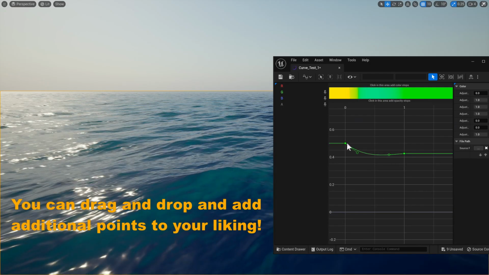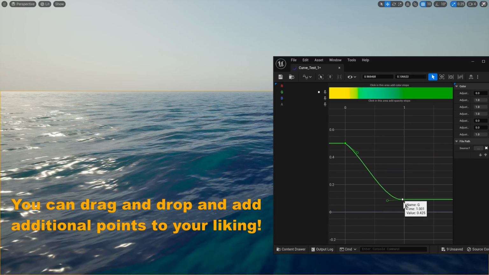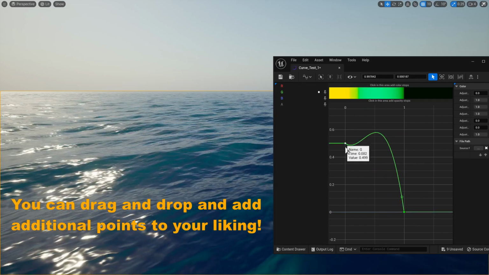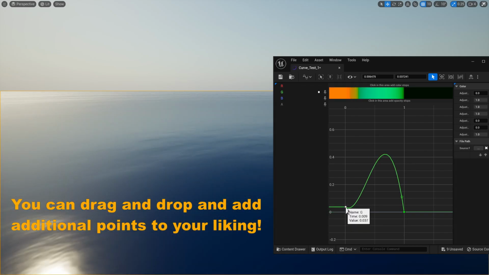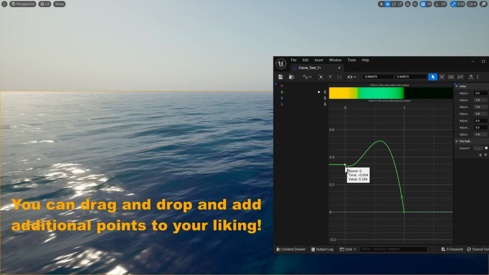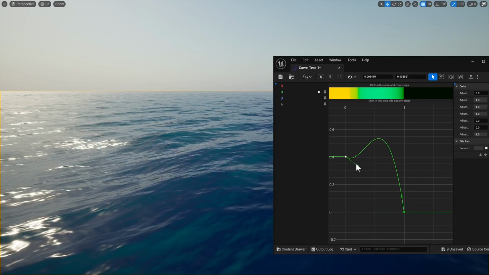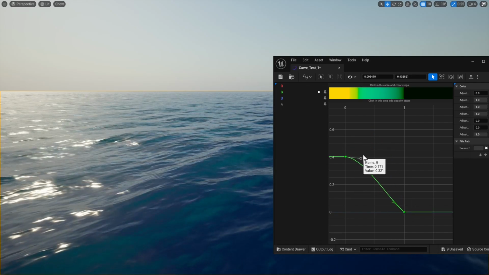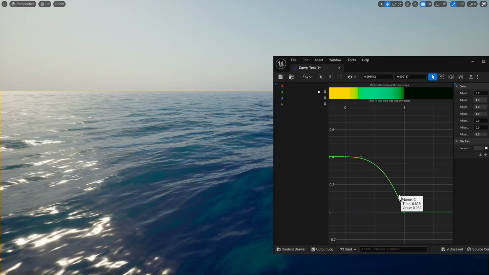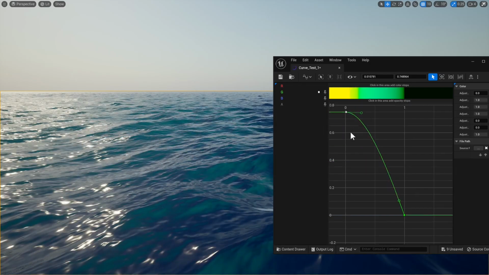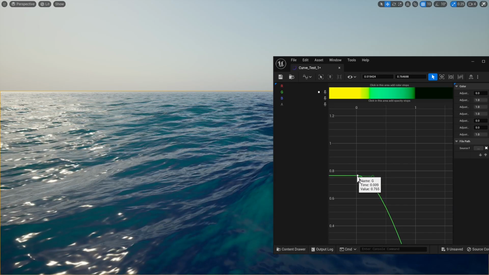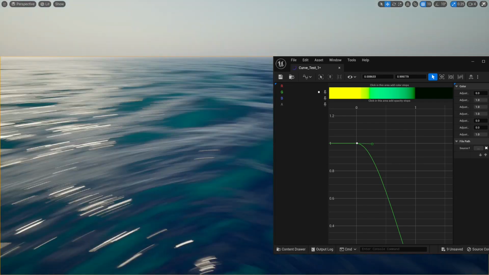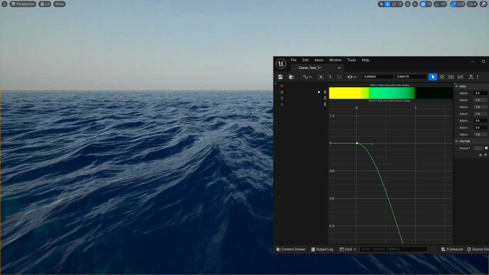So let's do this. They're both basically curves between ones and zeros, and with wind influence we could come up with some pretty wacky looking scenarios. The wind curve ideally should look something like this if you're being very accurate, and boy does this look better. You could see higher values sharpening up certain peaks. And for lack of a better description, what we have here at the moment is almost a Phillips spectrum, but